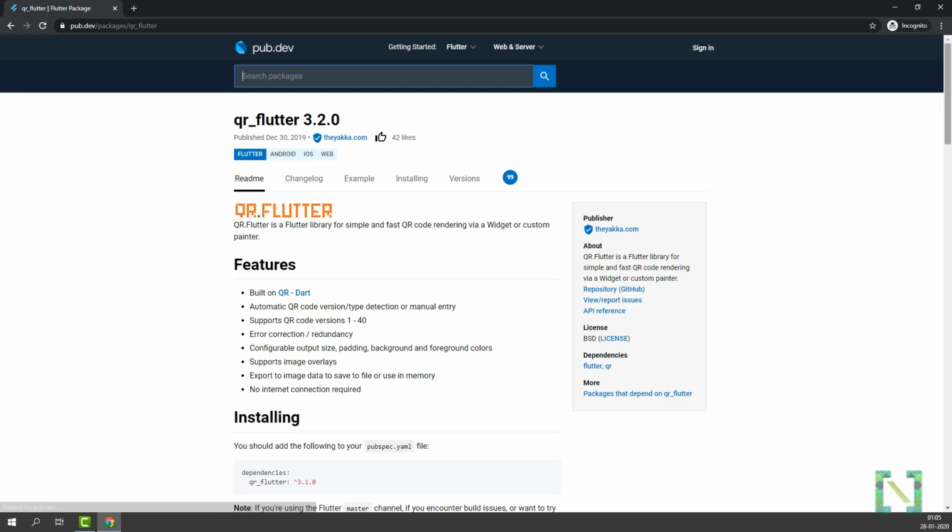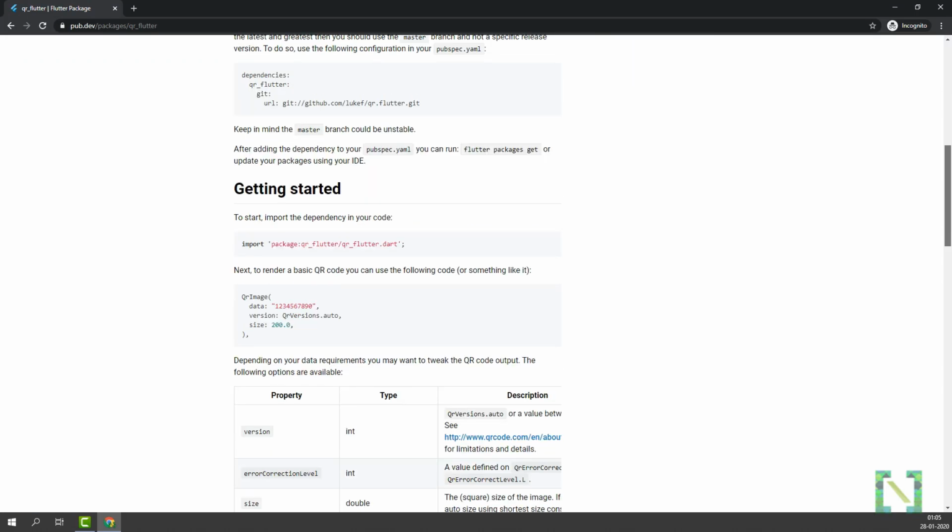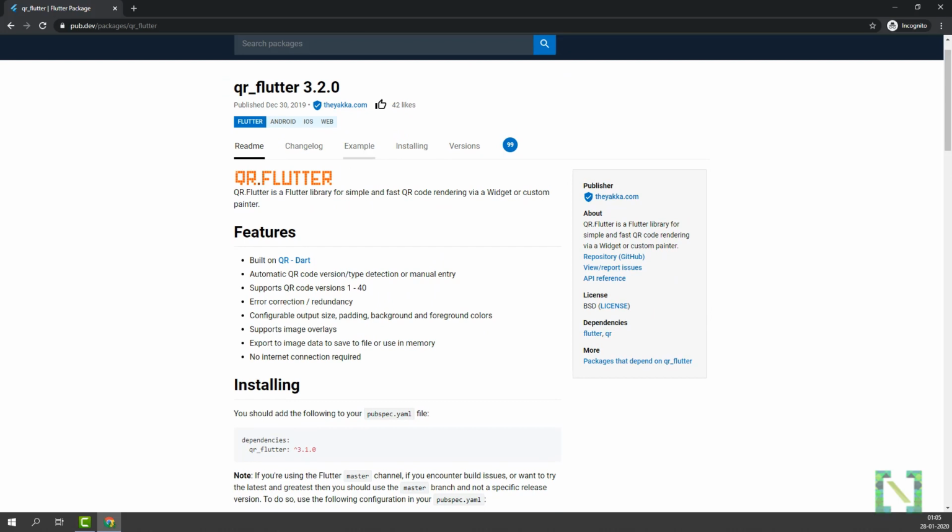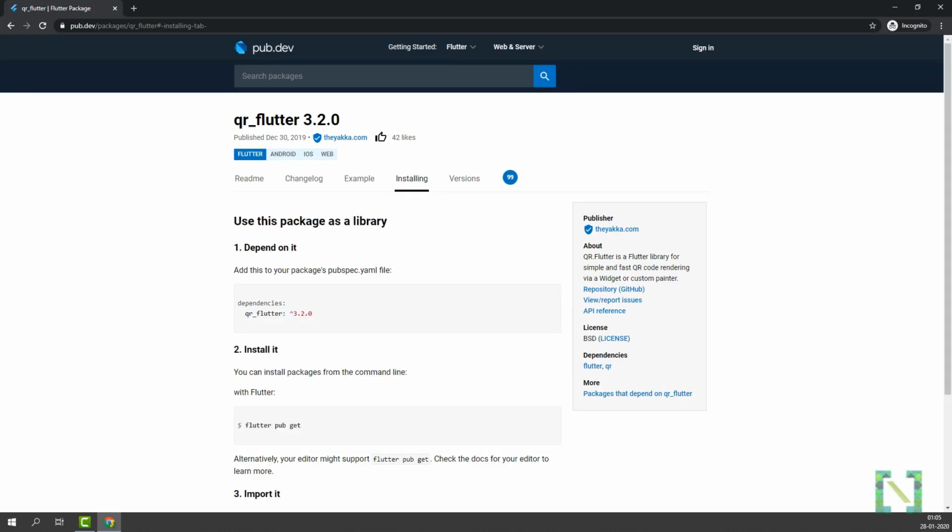So this package converts a text into a QR image and shows that image format in the QR image widget. Include the latest version of this package in your project.